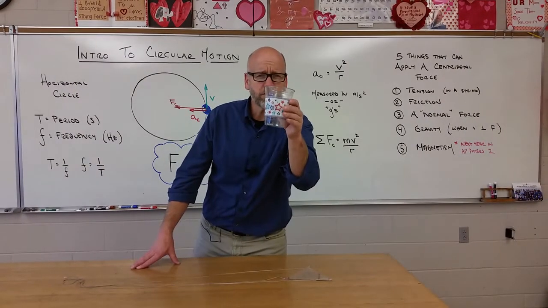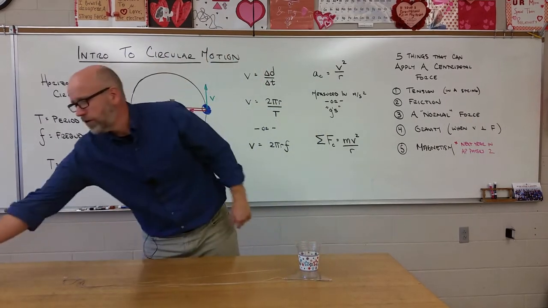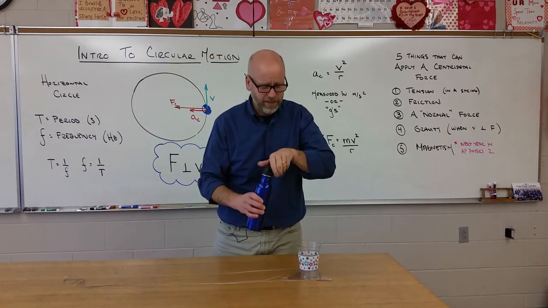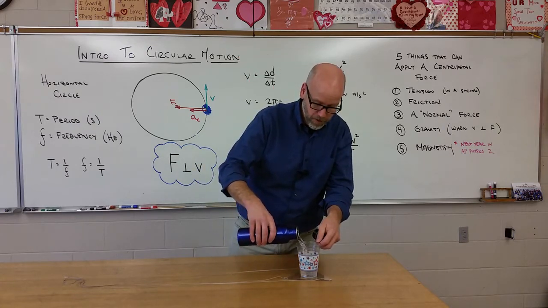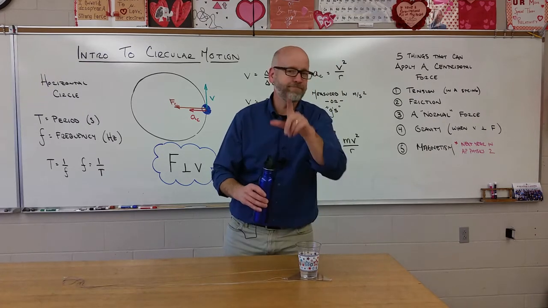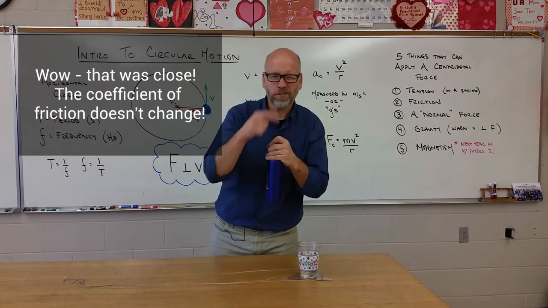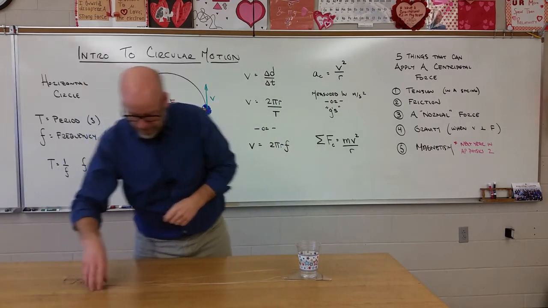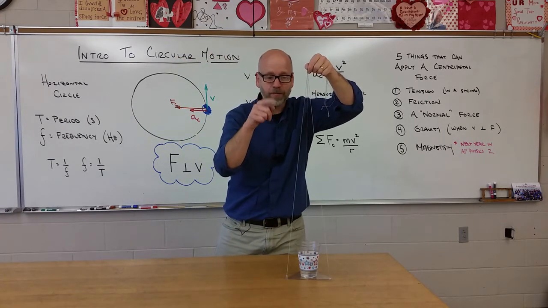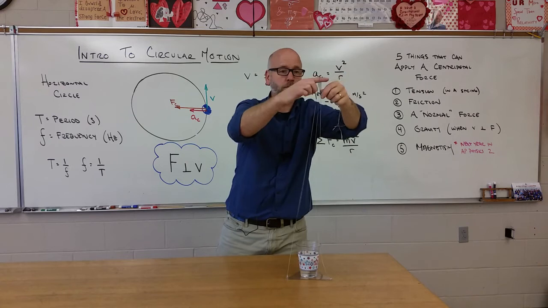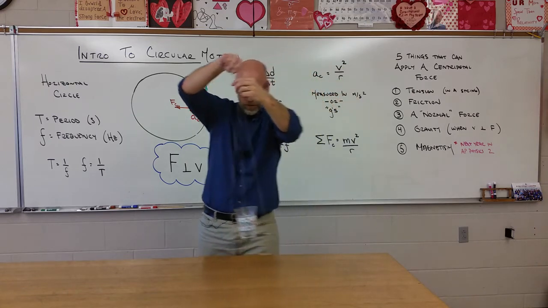What do I need to increase about the cup in order to have it travel in the circle? Yeah, that's right. I need to increase its weight. That would increase the normal force, which would increase the force of friction. Coefficient of friction stays the same. Now, sort of counterintuitively, the more massive it is, the more likely it is to be able to go in that perfect circle. So if I get it spinning